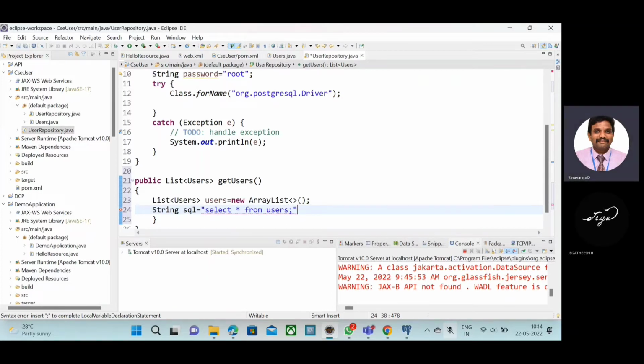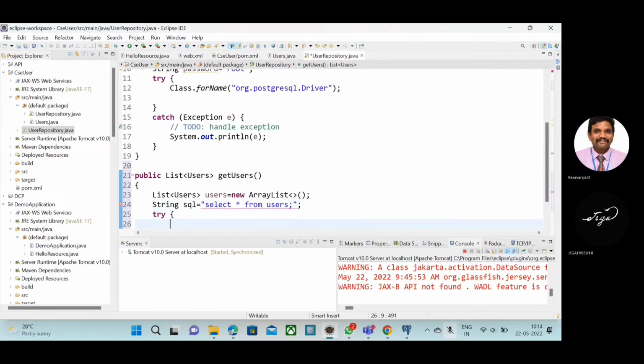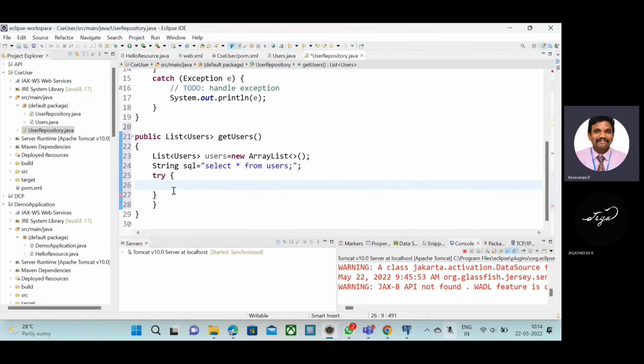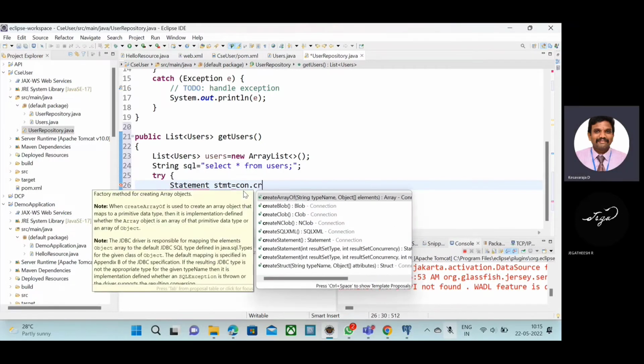Now I will open a try catch block. Inside that I will create a statement, stmt equal to con dot createStatement of